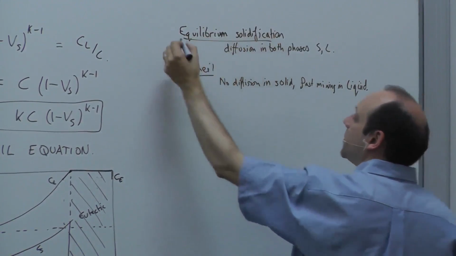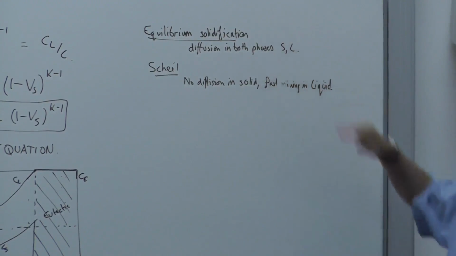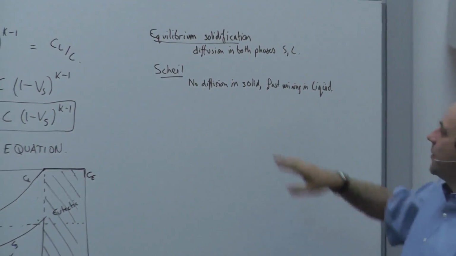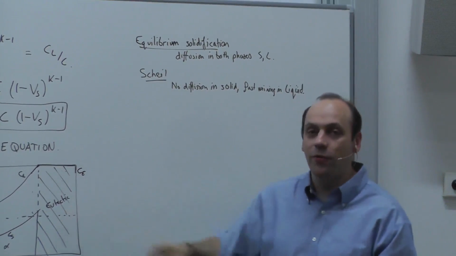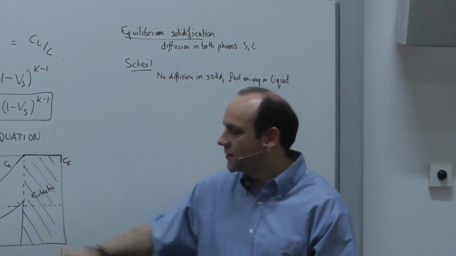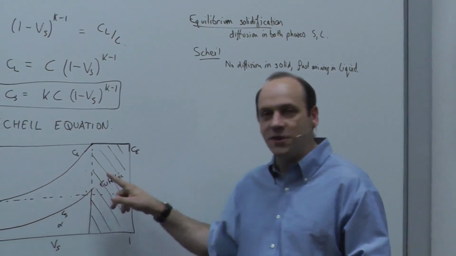And those form two limits. Reality will fall somewhere in between those two things. And therefore, in the Scheil case, we will always have a eutectic form. The other thing this says to you is that you will tend to have a variation in composition in the